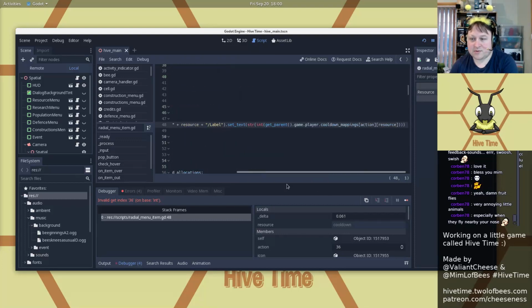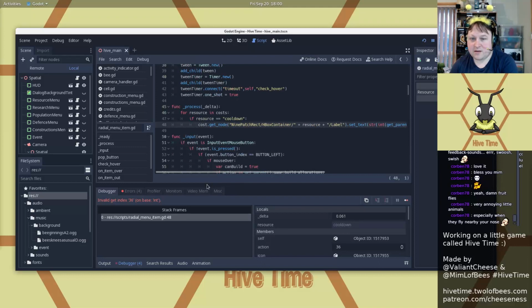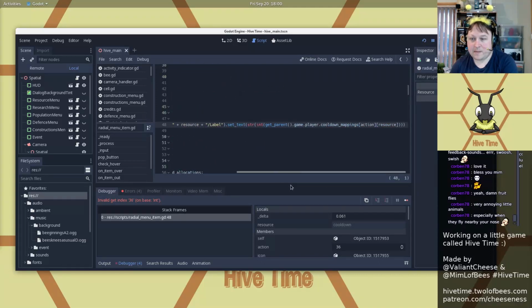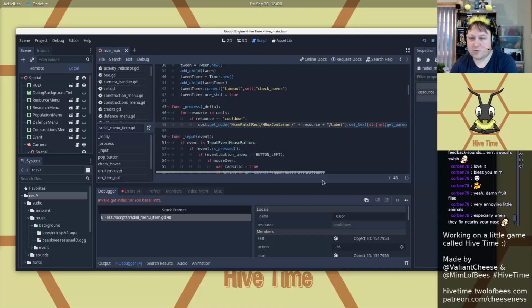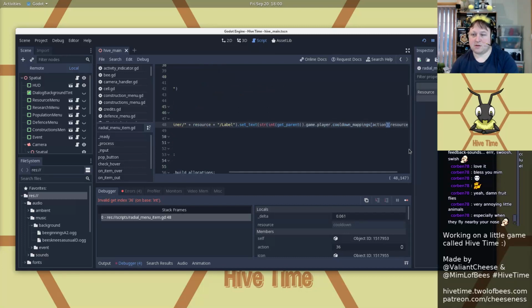Okay, so the resource equals cooldown. We knew that. Cooldown mapping's action. Well, the action is cooldown. Oh yeah, right. So here we want